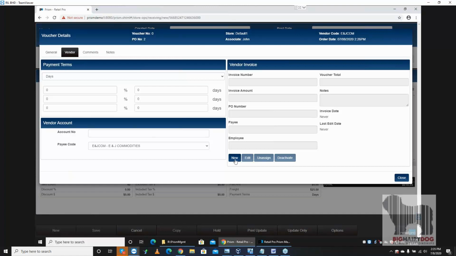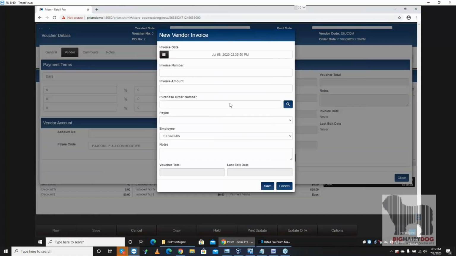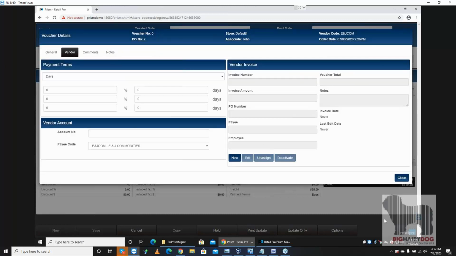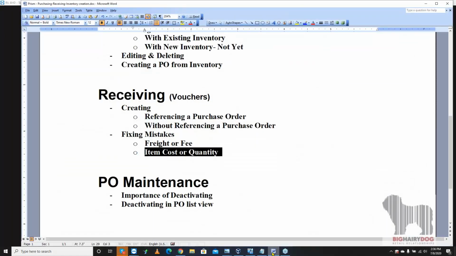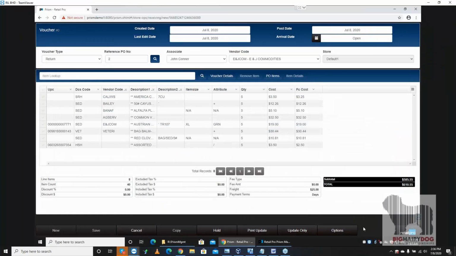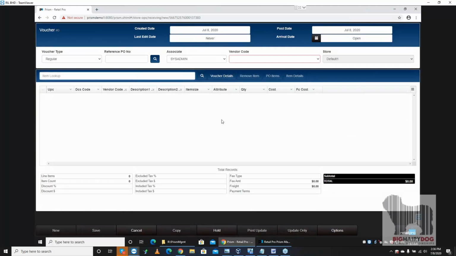Over in vendor invoice, we could put the invoicing information in if we had the invoice and we were ready to finish it, so it could post it through into accounting. We could add that information if we're to that point. It's right there in the item, the vendor details on the vendor tab. Yep, that's pretty much it. So I'm going to say update,